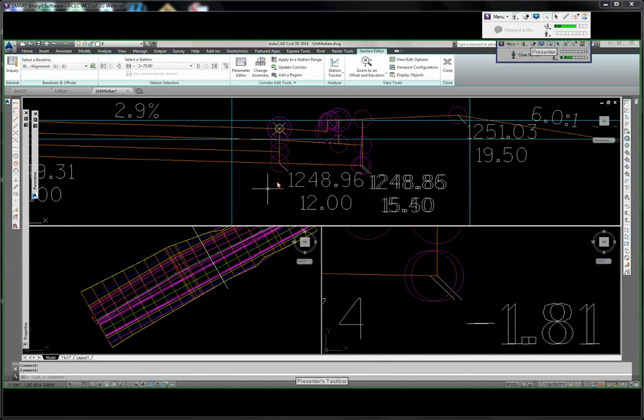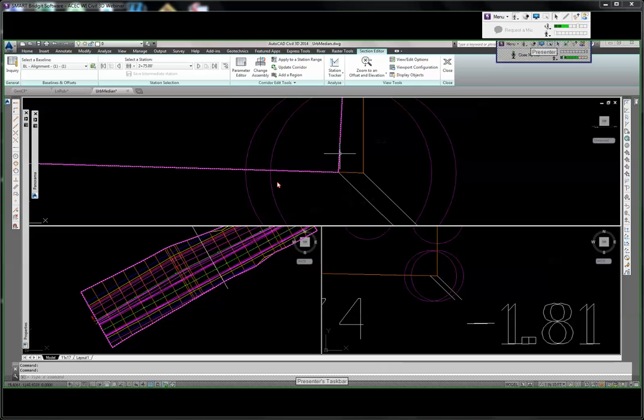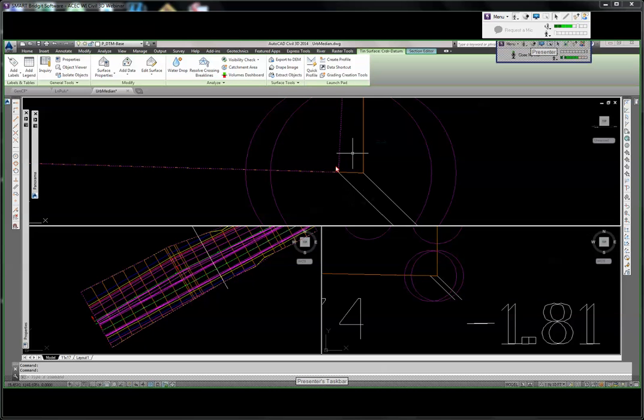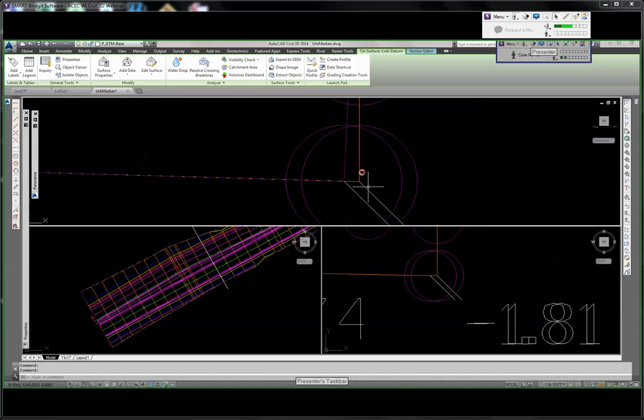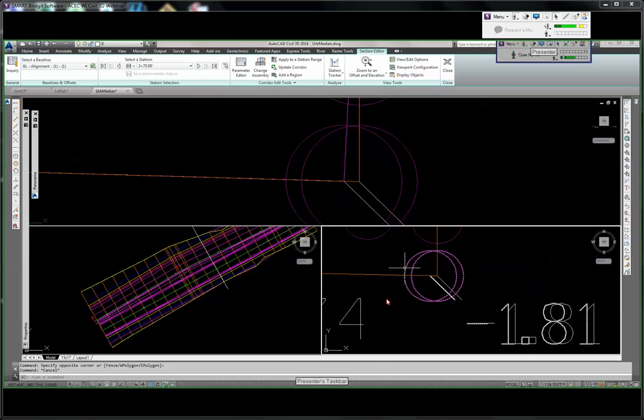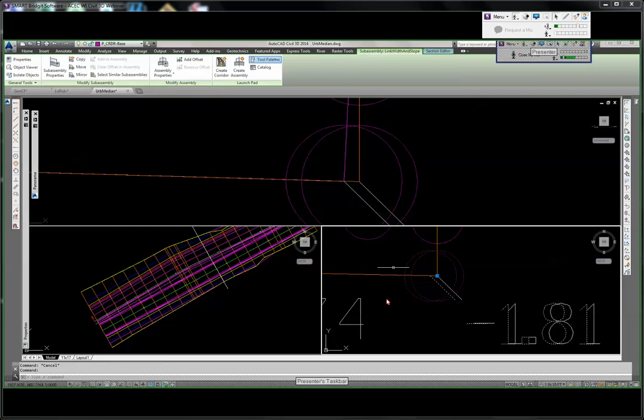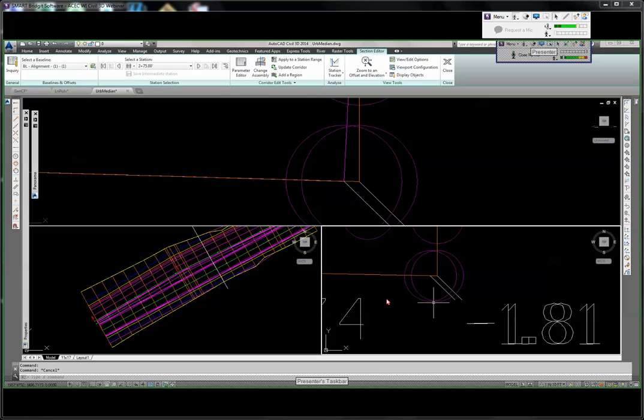I'm going to zoom in here, and the surface is going to that point and shifting up. Again, exaggerated for visual here, but you can see that it's going up. And generally, if we zoomed out far enough, we would say, hey, that looks good. Now, to make sure that this is actually good, and to show you how immediate this change can be, I'll select on that subassembly. If you are overlapping and you have a hard time with it, I turn on my